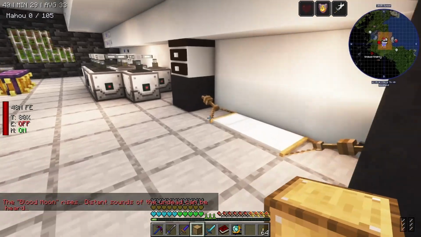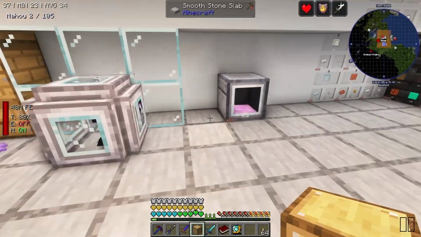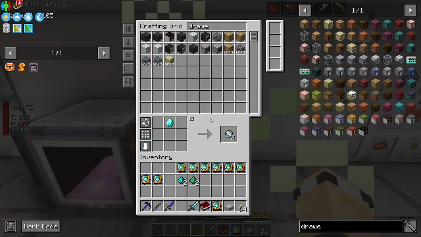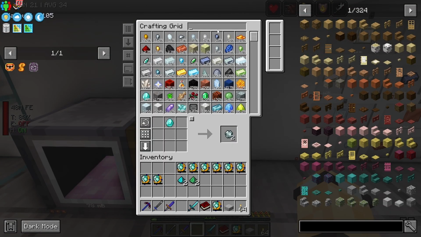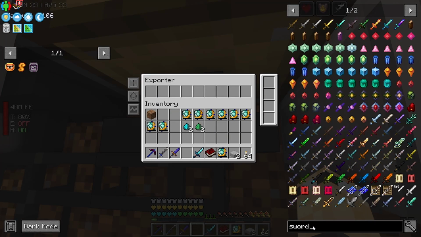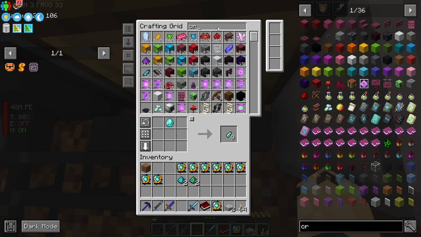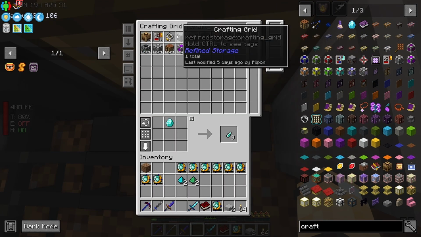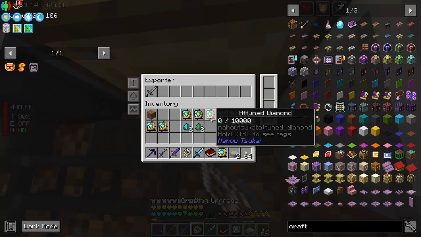That's annoying. Where's a good place? Has this got refined storage near it? It does. Sweet. So I can get an exporter. Sword. Stick that in like that. Crafting upgrade. Crafter upgrade? Yeah, this thing. Crafting upgrade. And then all I need to do is supply it with